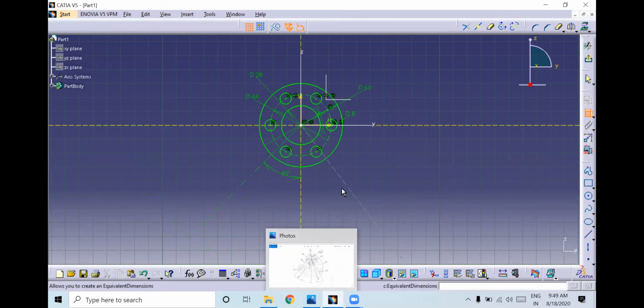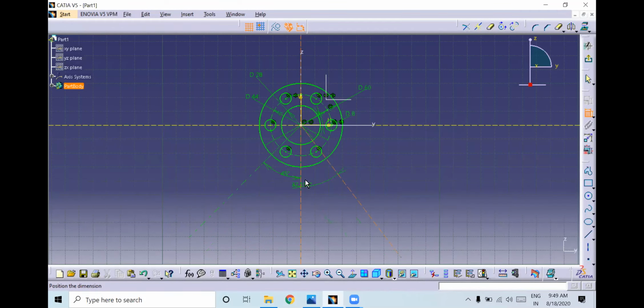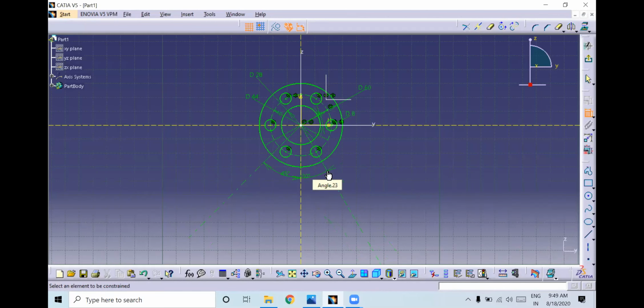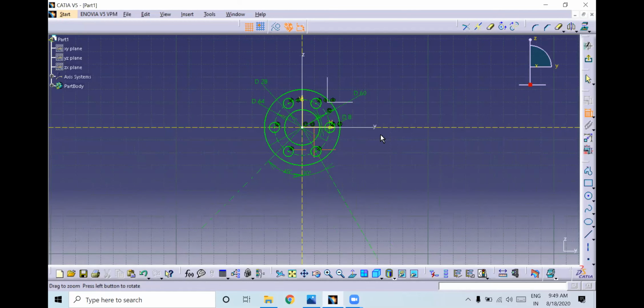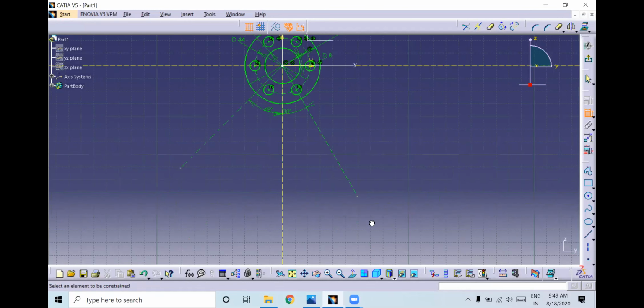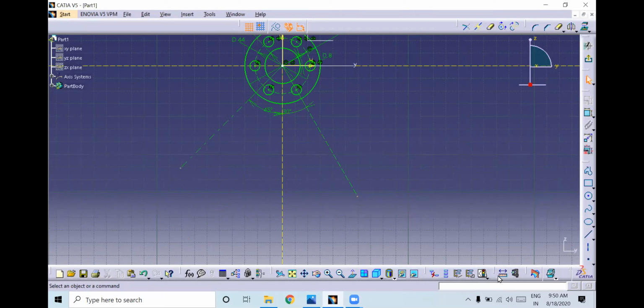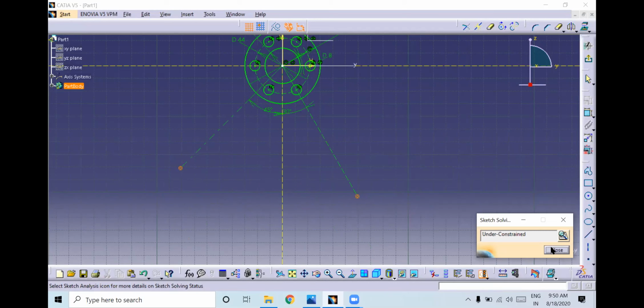Then again, this axis and this, what is the angle? 30. Good. Don't worry about the constraint now because we still have to create something here. These two end points, once we create the cylindrical elongated hole, we'll trim it.